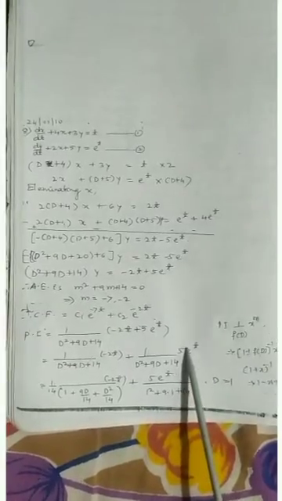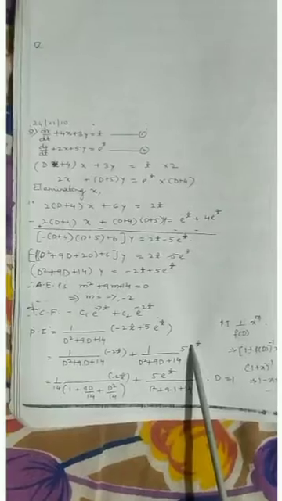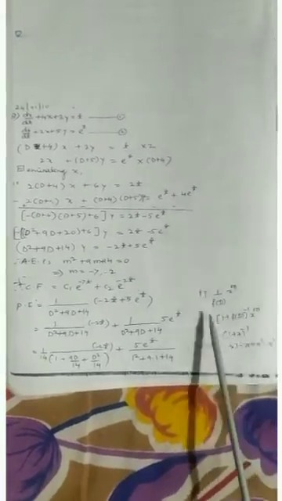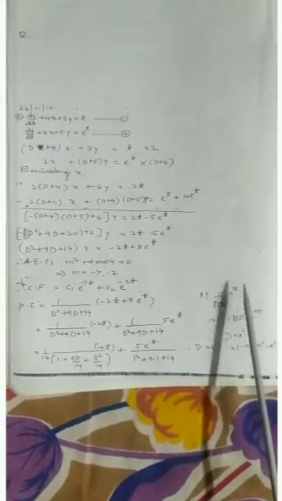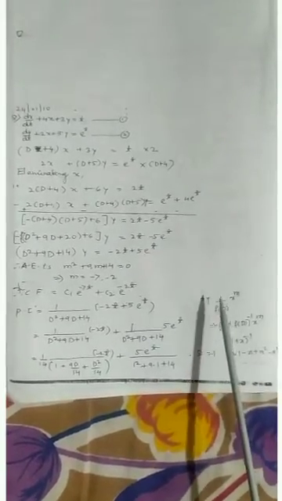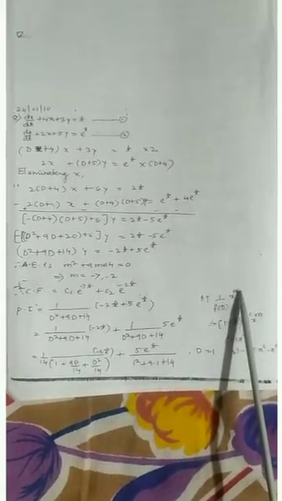What is the formula for e to the power t? Putting the D value as the coefficient term, the t coefficient is 1. For this t, the standard formula is there, that is the particular integral 1 divided by f of D into x raised to m, written in the form of 1 plus or minus f of D raised to minus 1 into x raised to m. This is the particular integral formula for a variable in the form of x raised to m.